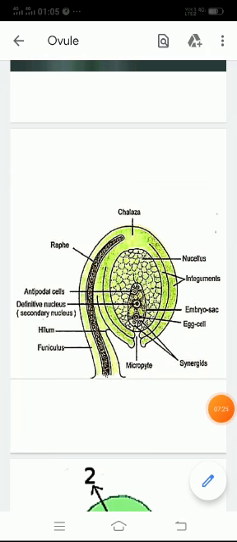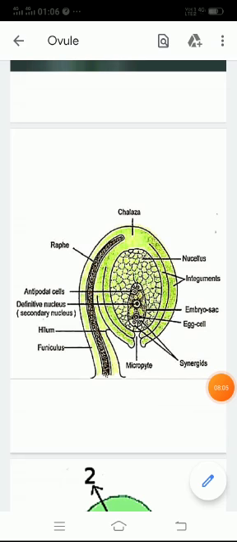Now we will talk about the nucellus. It is present outside of the egg cell, outside the embryo sac. It is rich in nutrients, having a good mass of reserve food materials. We can also call the nucellus nucellar cells. It gives nutrition to the egg cell.